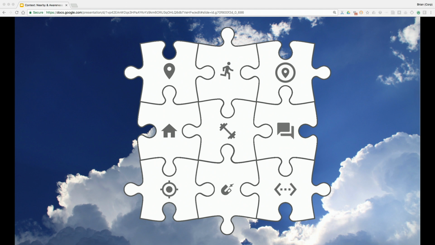So the Awareness API, you can think of it as a query optimizer, basically, where you tell us about the things that you're interested in, and then we optimize the way that we scan and look at all the sensors, and we aggregate that across different applications so we can share things where there's overlaps, and then we call you back without draining the user's battery too much.